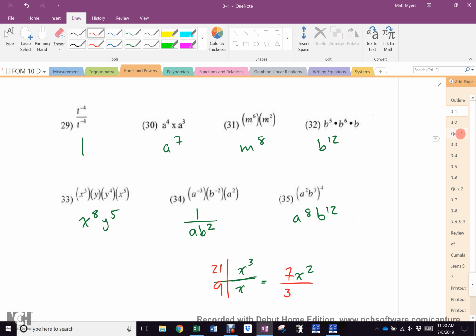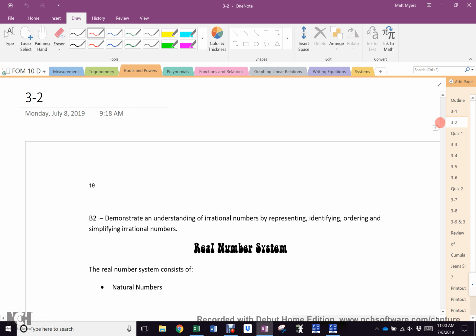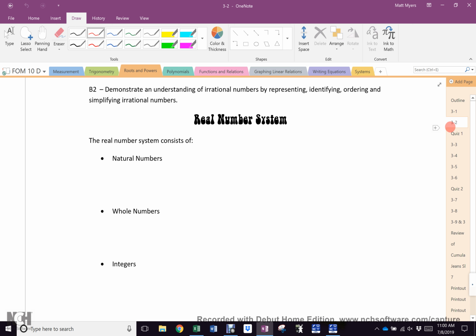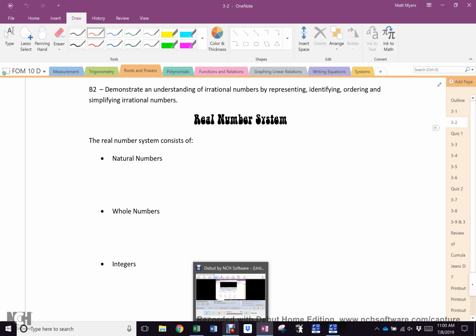So, quiz 1 right here. I don't think I'm going to do quiz 1 because it's pretty easy, but we'll see. So if everybody could turn to page 19, the real number system. Like I say, this is really like a 2-second lesson, but it's important for the future. So I just want to stop this for a